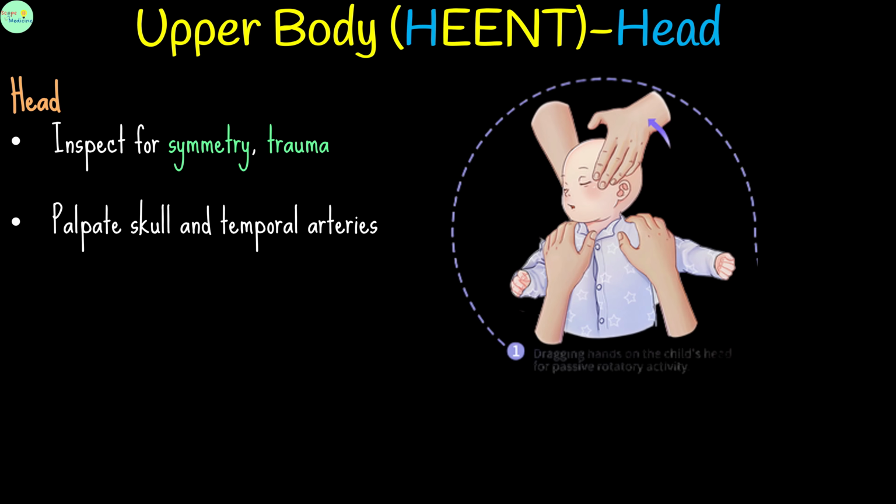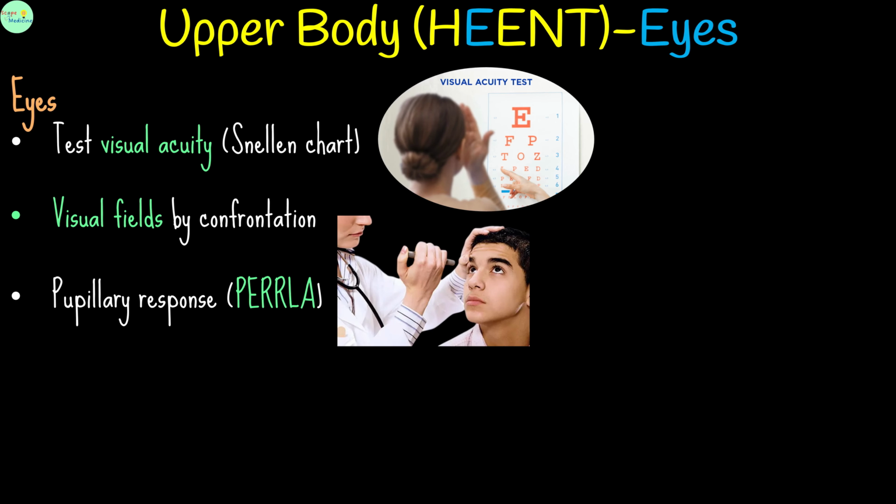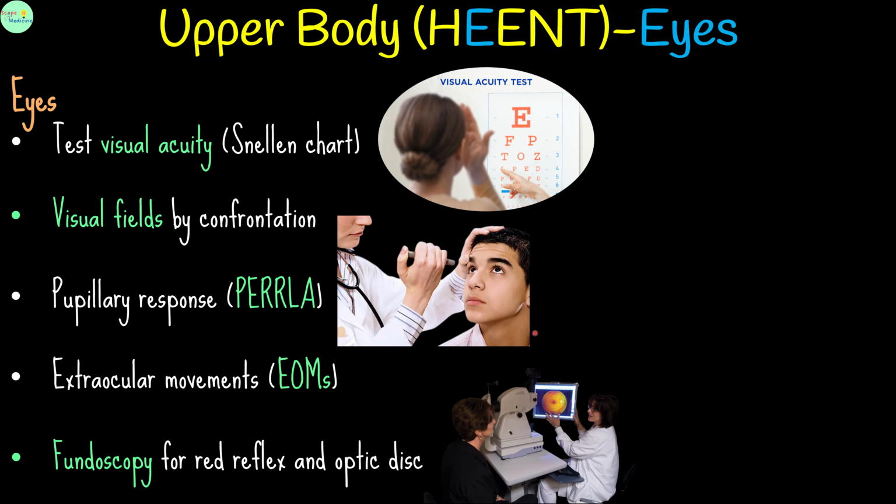For the eyes, test visual acuity with an eye chart if available. Check peripheral vision by confrontation. Assess how the pupils respond to light and when focusing on a close object, often noted as pupils equal, round, and reactive to light and accommodation, and test the movements of the eyes in all directions. Look into the back of the eye with an ophthalmoscope to check for the red reflex and to visualize the